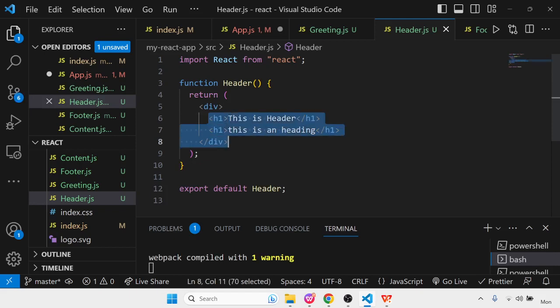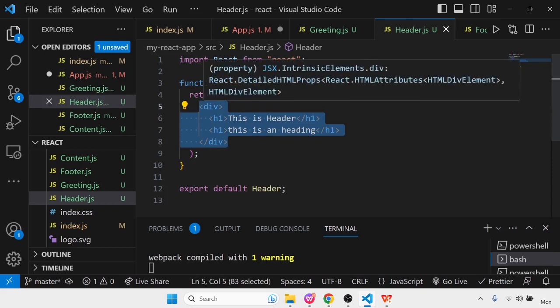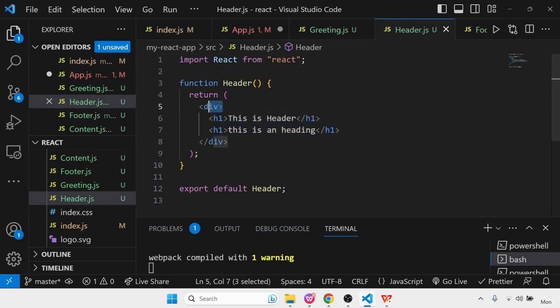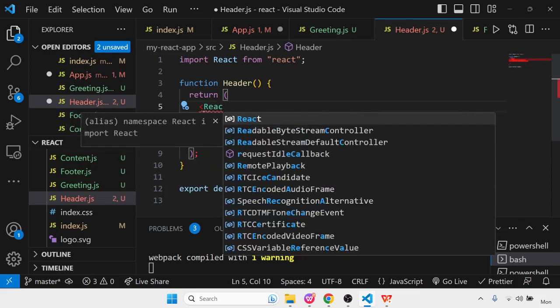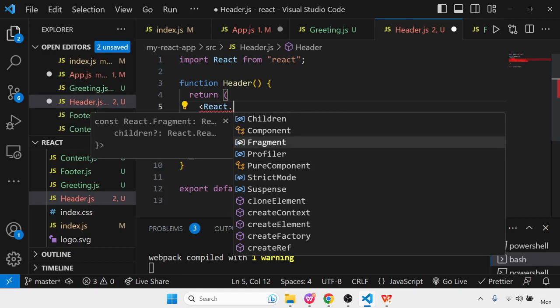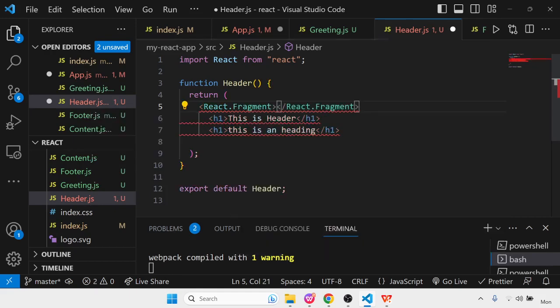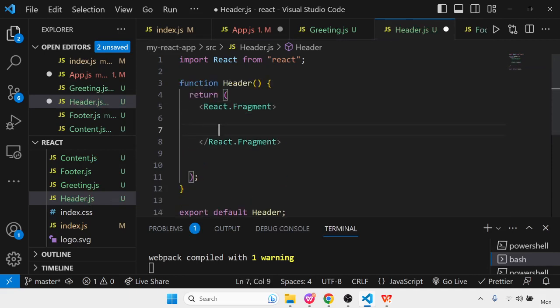But one more thing is, if we try to inspect it on our screen now, it will display a separate div element, and that div might take some space. In order to remove that, instead of div, we can use React fragment. What React fragment will do is capture all of the content inside one parent element. Also, it will not display anything separately on the screen. To call React fragment, we will simply write React.Fragment, and then we will close it, and again put the entire content inside this. So this time everything will be perfect.